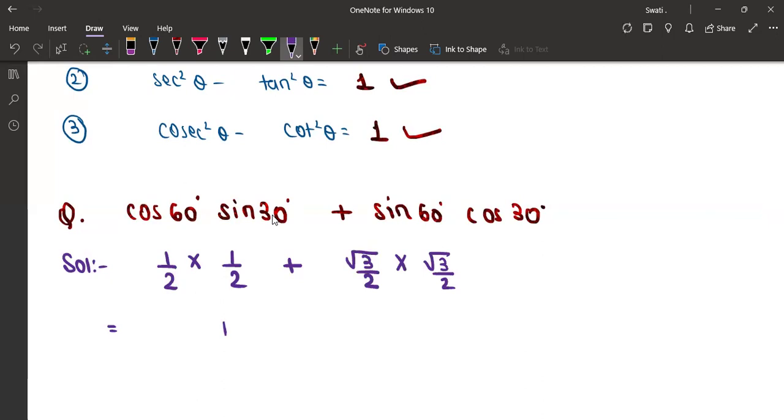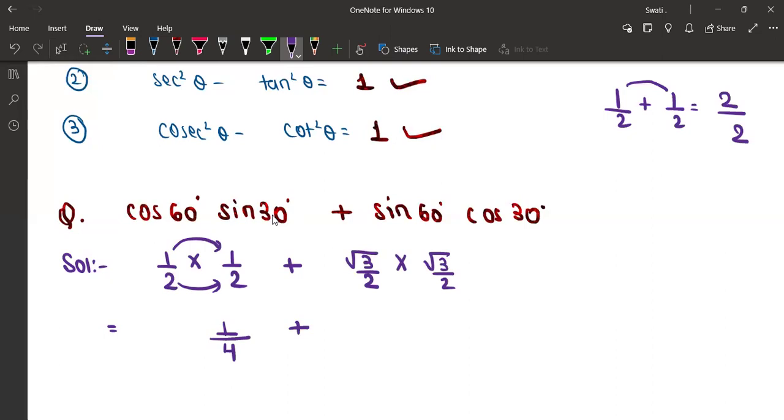1 upon 2, 1 upon 2. Whenever we multiply the fractions, Manya, we multiply the numerator with numerator and the denominator with denominator also. When we add, we don't add the denominator, we just add the numerator, that is 2, and then upon 2. But here, we have to multiply the numerator with the numerator and the denominator with the denominator. So 1 into 1 is 1 and 2 into 2 is 4. So it's 1 by 4. Clear? Yes. Next, plus